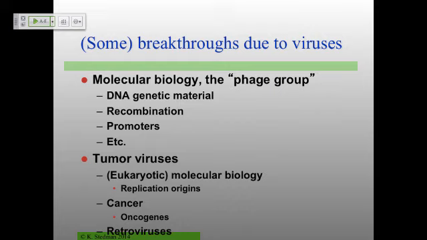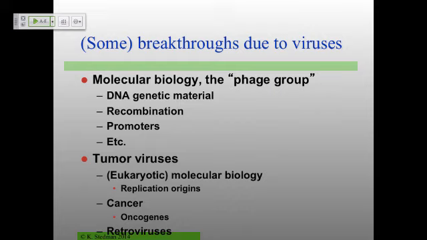Most of that came from the so-called phage group, which were a group of researchers starting about the mid-1940s that really decided that viruses were good tools for understanding the real fundamentals of life, and particularly people like Max Delbruck, and in fact Salvador Luria, who I quoted a couple of times last time as a member of that particular group.